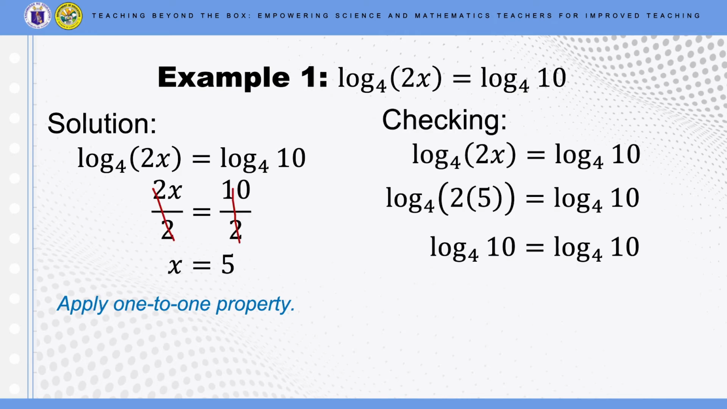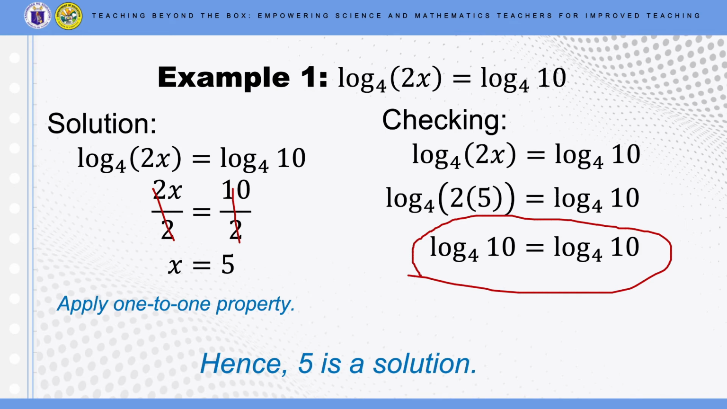Let's have example number 1. The logarithm of 2x base 4 equals the logarithm of 10 base 4. Solution: applying the one-to-one property, we have 2x equals 10. Dividing both sides by 2, we have